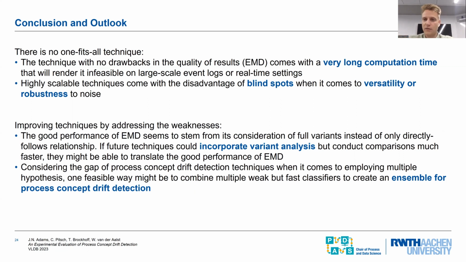We see that actually incorporating variant analysis can be very effective based on EMD. So what could be really good is if we would have a faster way to compare the distribution of variance between two windows faster than Earth Mover Systems. And on the other hand, if you think back about this classification of techniques, and there was multiple hypothesis testing, and so far that was missing from process mining, what could be a really good option is to take multiple of these fast but not as good classifiers and use them in a kind of ensemble to then have a fast but much more robust classifier that can also cover more change types. So this would be the two main directions in which we could move